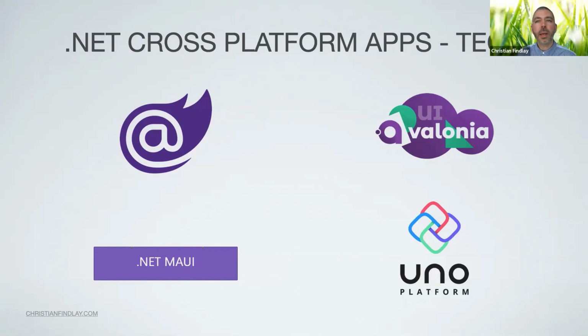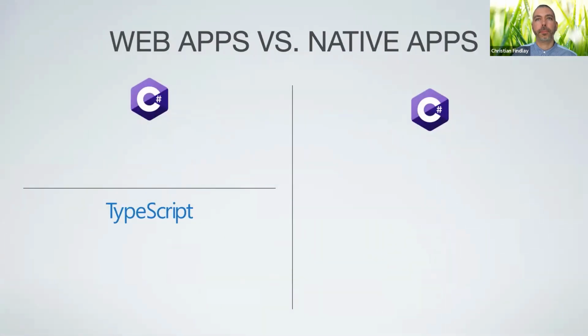So the key thing about .NET MAUI is that it will be moving to the .NET platform. So it won't be running on Mono, from my understanding. It will be running on the actual cross-platform version of .NET, which is .NET 5. Okay, so one of the decisions, as I brought up, is will you be going for a web application, or will you be going for a native application?